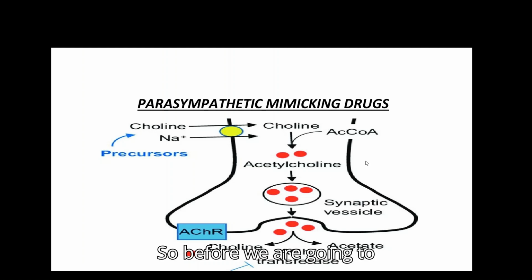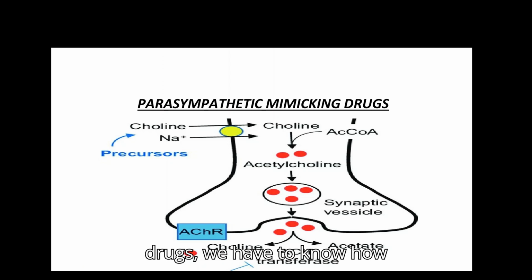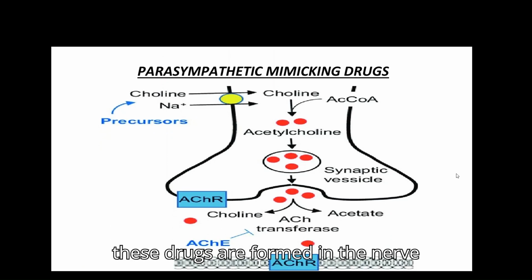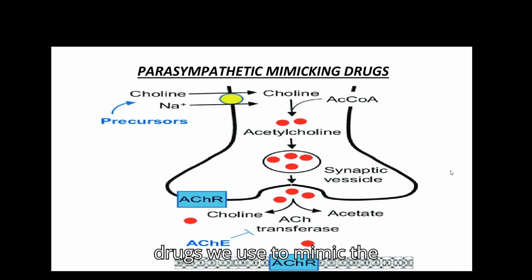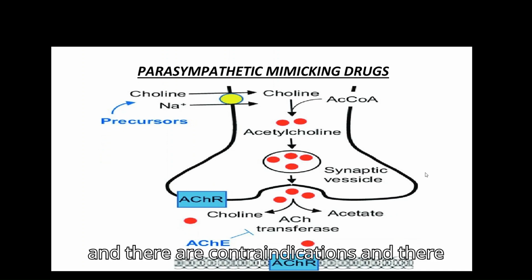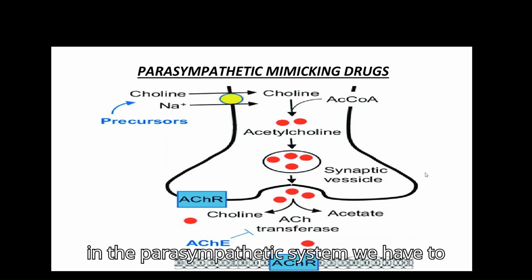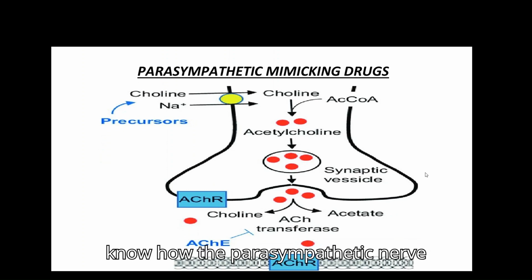So, before we go to cholinergic drugs, or what we call parasympathetic mimicking drugs, we have to know how these drugs are formed in the nerve terminals. The drugs we use to mimic the function have a classification and some specific drugs, and also specific mechanisms of how they work, and there are indications, contraindications, and side effects as well. So before that, in the parasympathetic system, we have to know how the parasympathetic nerve terminal